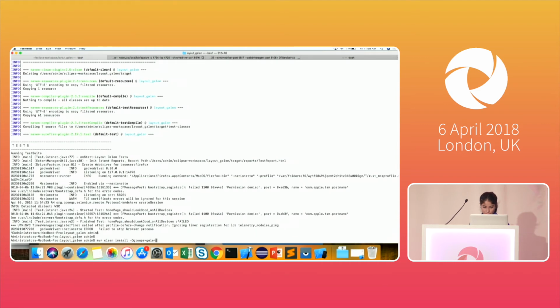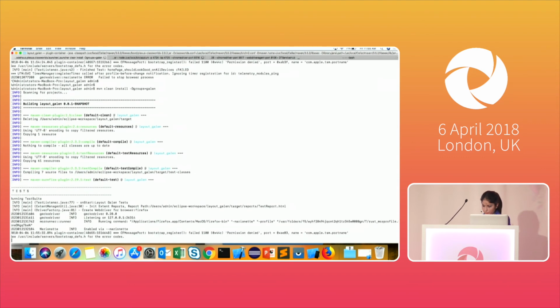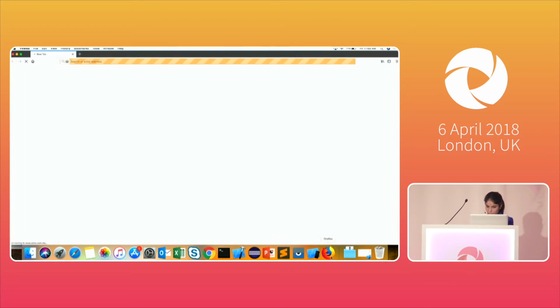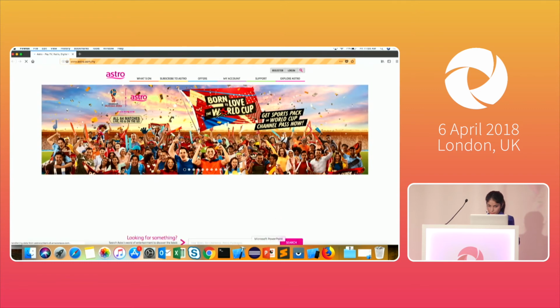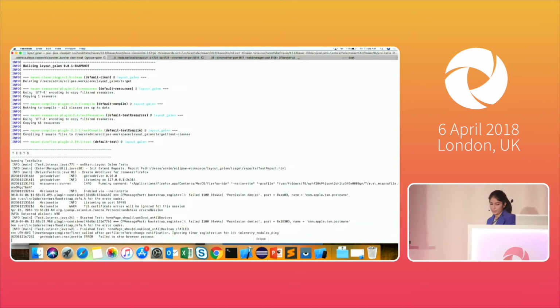I'll open it again. What I have done is I have run 2 Appium servers in parallel, and it first runs on the desktop, and then I have used Appium for Android mobile and iPad.